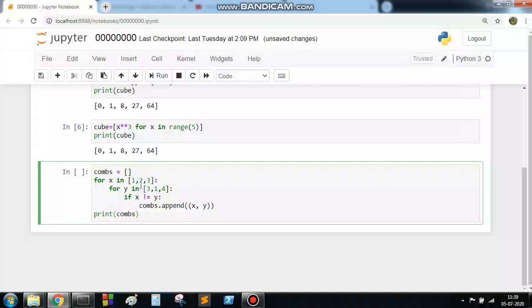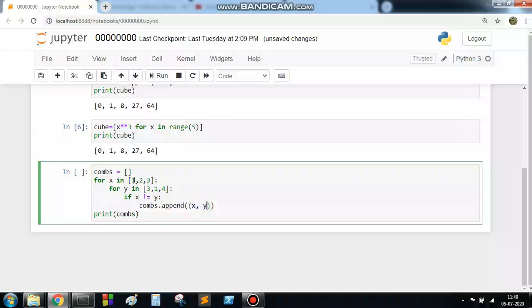That means for 1 it will run over 3, 1, 4, for 2 it will again run over 3, 1, 4, and so on. If this condition is satisfied, then x of the first loop and y of the second loop will be appended as a tuple to the list combs. Then it will print combs.